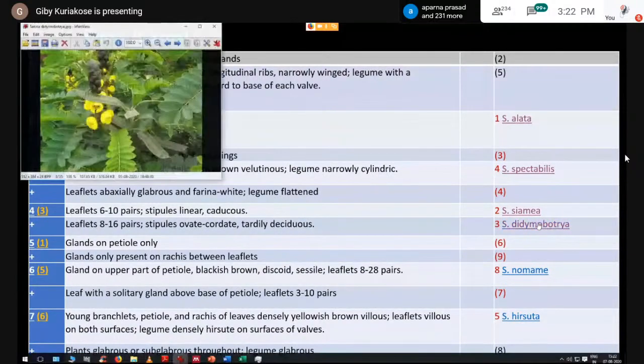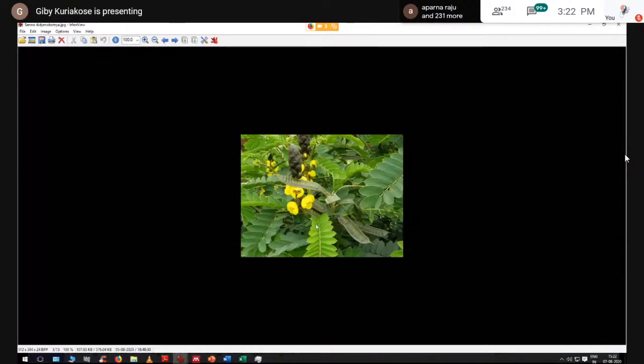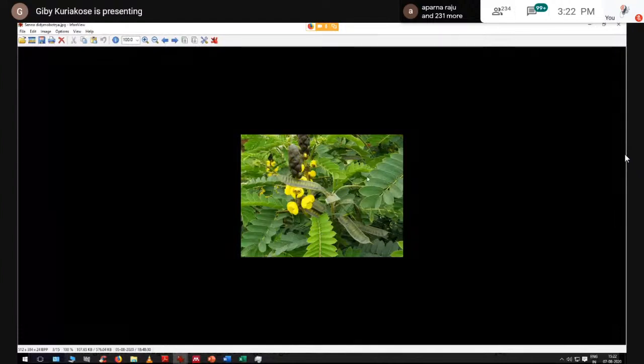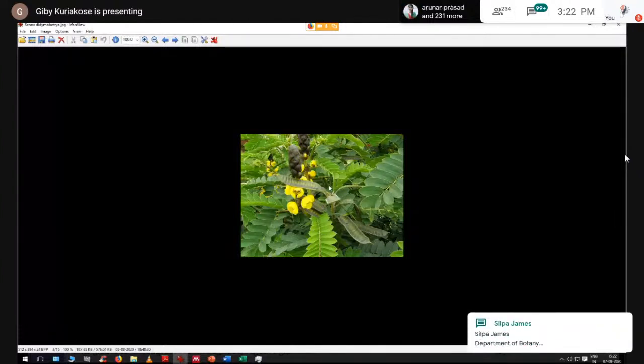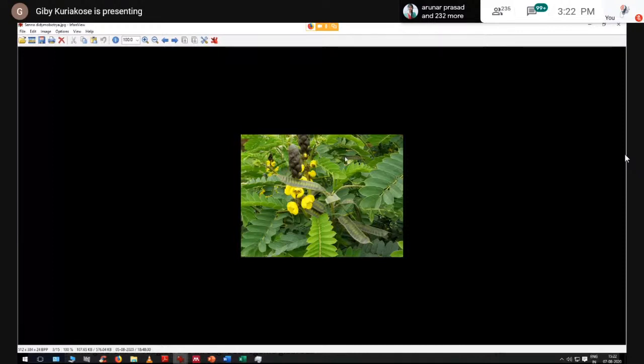Didymobotrya. Let us see what that is. You can see the number of leaflets here and also the size of the leaflets. But when you derive a general key for the genus, it may be